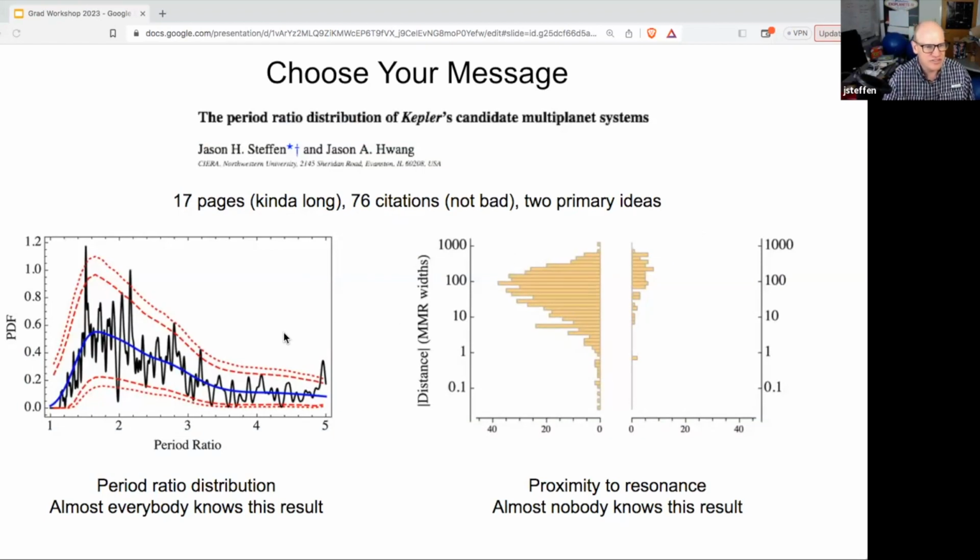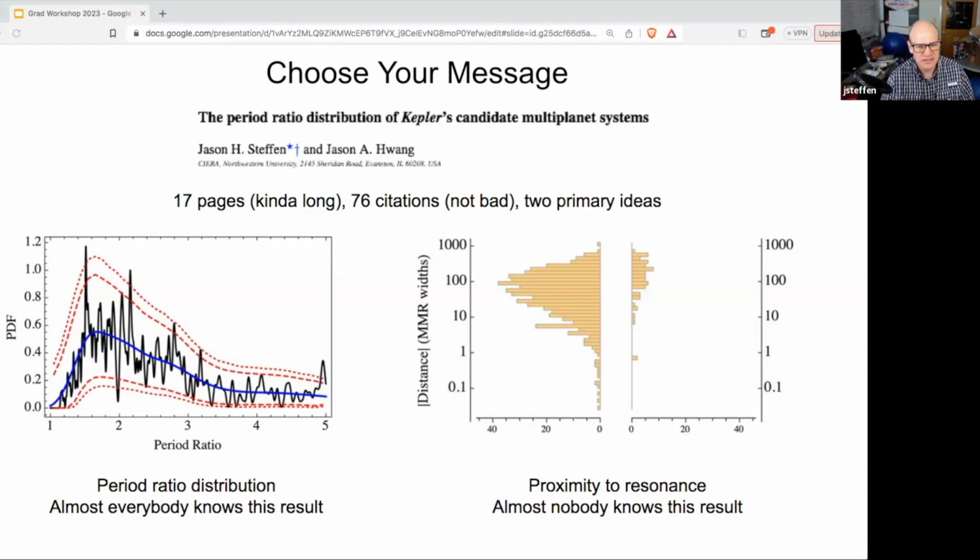The one on the left was the period ratio distribution that we measured from the Kepler planets. And the one on the right is looking at a bunch of systems that are close to a particular type of orbital configuration that is interesting to dynamicists. So it had two main results. Everybody knows about the first result and nobody knows about the second result. It would have been better had we just forked this paper into two, one about the period ratio distribution and a second one about the proximity to resonance, because the scope just kind of got out of control. We packaged it in one paper, we sent it out, and half the message was lost